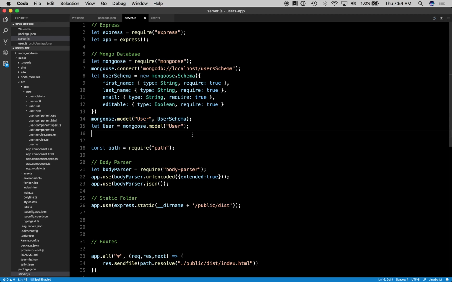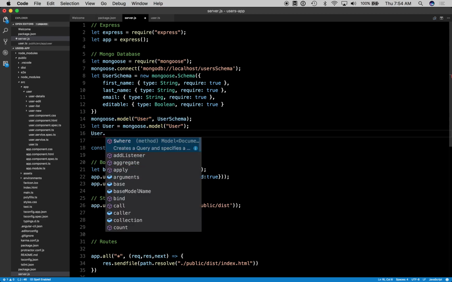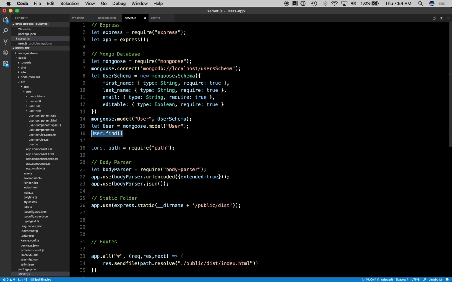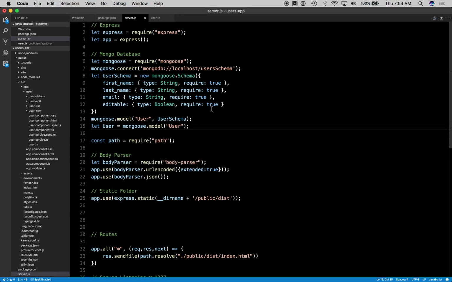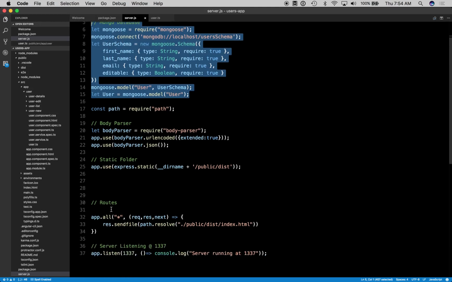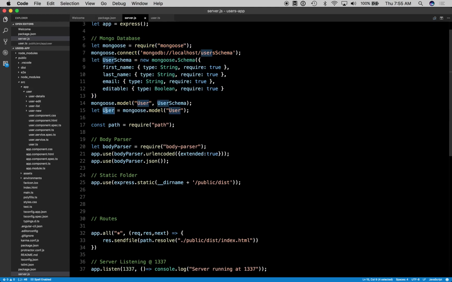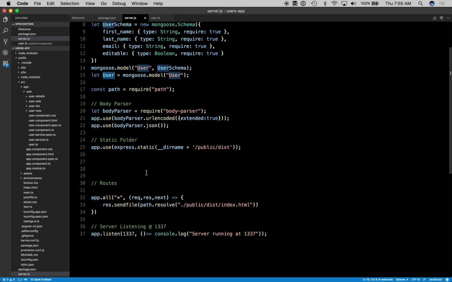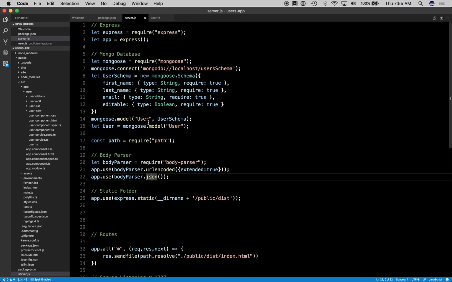So the idea is that at this point I can call on the user object dot find, for example, and do those commands. So obviously it makes sense that I need to define all this stuff before my routing, right? Because I'm going to use this object in my routes to get all the users and all those kinds of things. So this is why I personally like to show off the Express project in one page like this without first separating out the pieces,